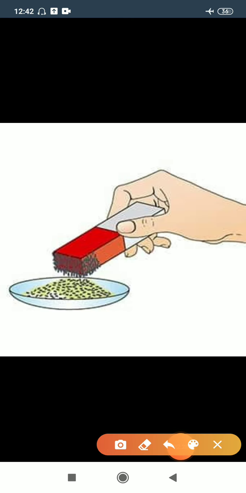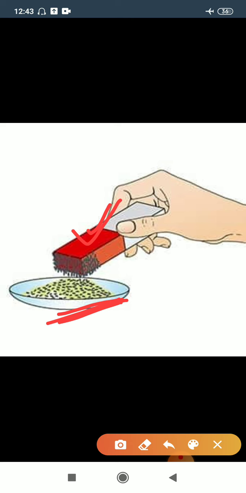Now in this picture you can see one dish, one magnet. Okay, in this dish some food grains were taken, and by mistake some iron filings were mixed in this plate. Now I want to separate these iron filings from this food grain. With the help of my hands I cannot separate the iron filings from this food grain. So everyone knows that iron filings are attracted towards the magnet.